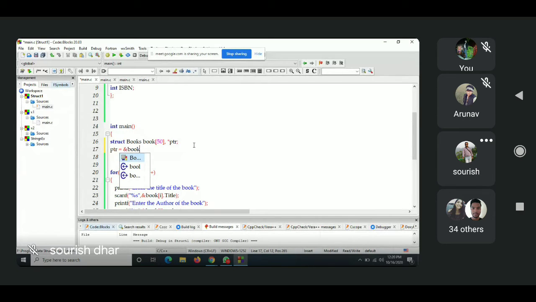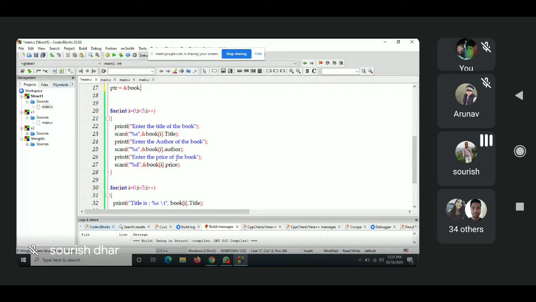As this is an array now, if I simply write book also, the base address will be assigned to it. Address of book, that's it. Base address will be assigned.